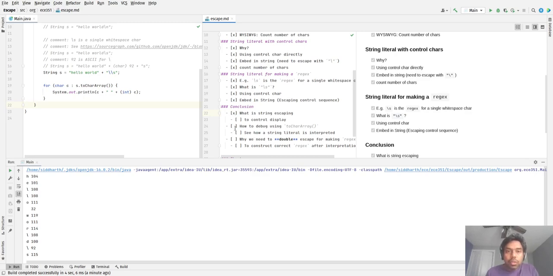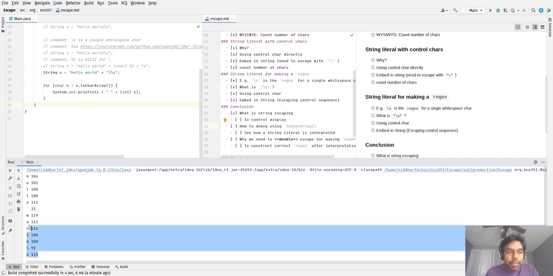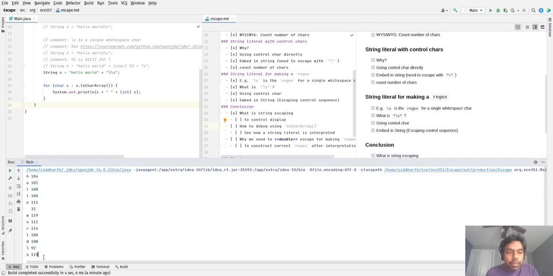We also looked very importantly at how to debug one's understanding of what's happening, and we saw that if you just do a char array as I have done and inspect each character, you can see what's being printed. You can see how the string is being interpreted and take corrective measures.